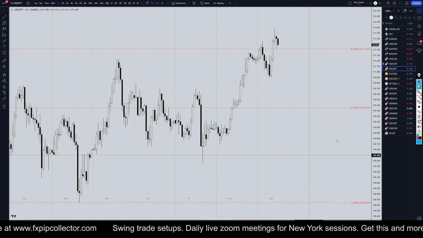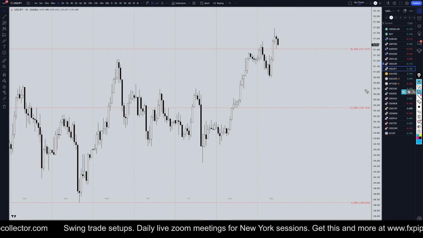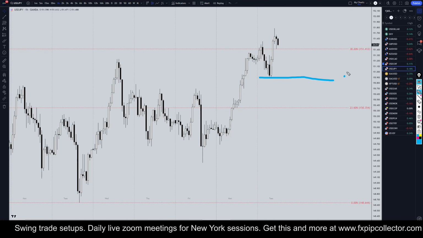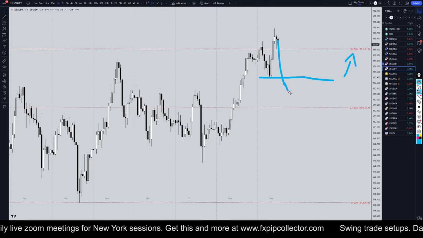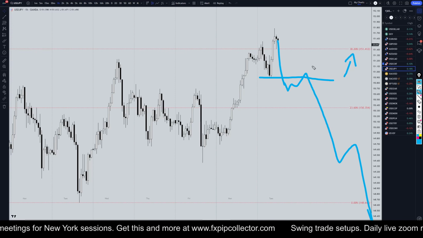Going down to the 1 hour time frame, like I said, I think we need to be looking for longs until we get a break of structure to the downside at a Fibonacci level. So if this goes down and breaks structure to the downside, then I would definitely on pullbacks get very serious